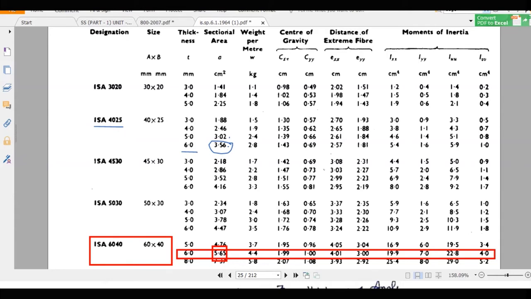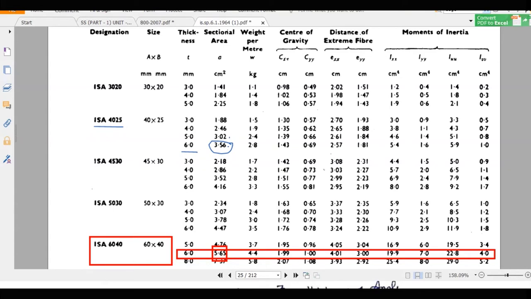In the previous video, we have seen that there is a limit for the slenderness ratio in case of tension members, right? Around 350 is the value of slenderness ratio in the tension members when a member is subjected to only tension all the time. So please refer to that video there.